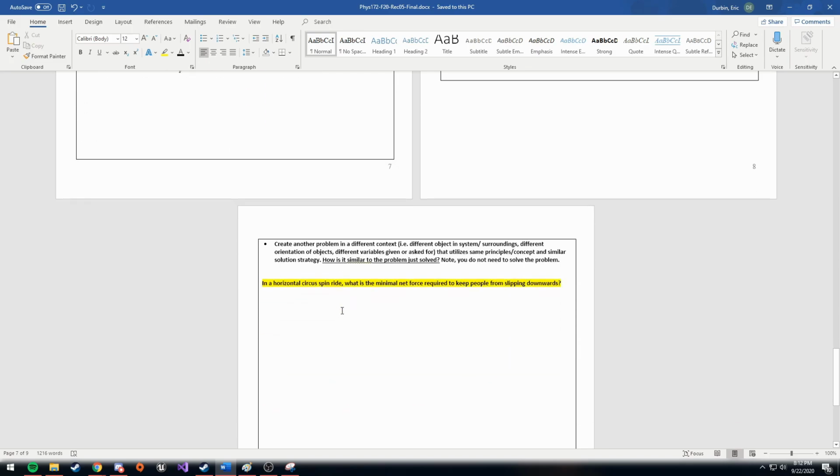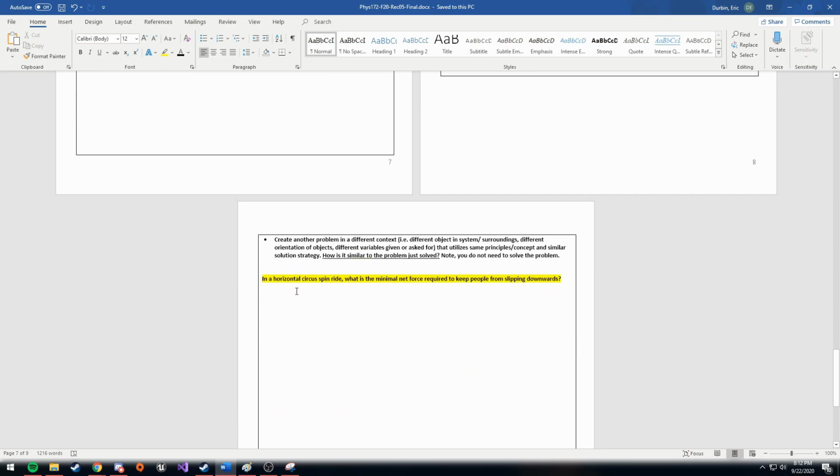And the last one, I'm just saying a horizontal circus spin ride. What's the minimal net force required to keep people from slipping downwards? Oh, we have to say how it is similar. I just scanned it. It is similar because